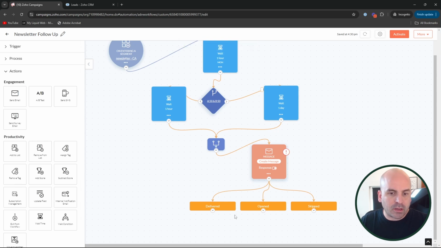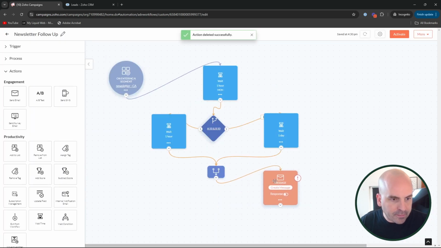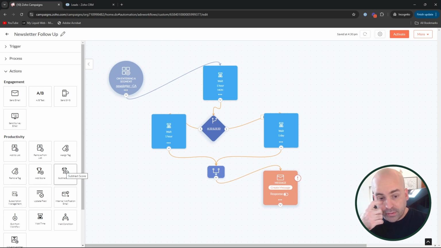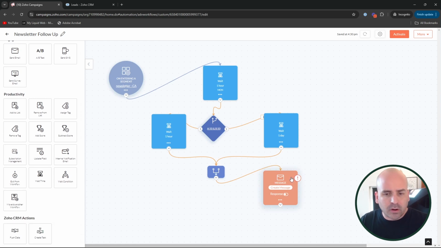And then from here, based on if it was delivered, put them down a path; opened, put them down a path; skipped, put them down a path. I oftentimes, though, like to do this on action or later on. You can add scores, for example, if they opened or if they didn't open, you could subtract a score, and they could all continue down the same path. You can add some wait times, add some wait conditions, add them to a list, which we covered earlier. You exit the workflow. There's so much you can do with this workflow builder, and you really can get creative